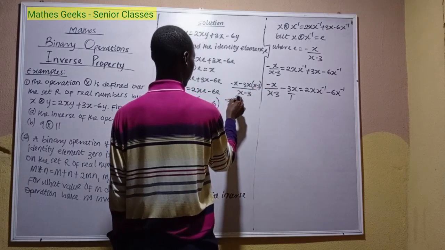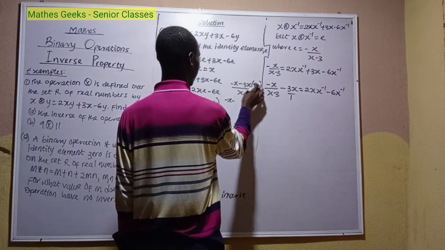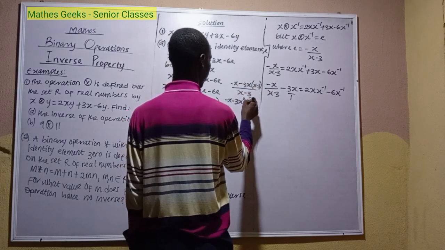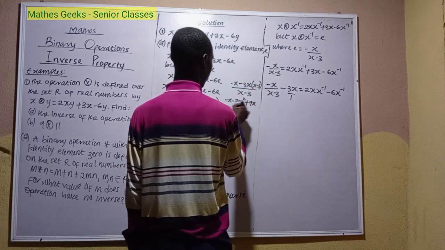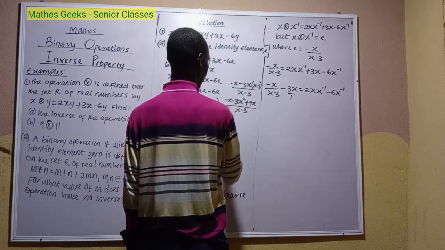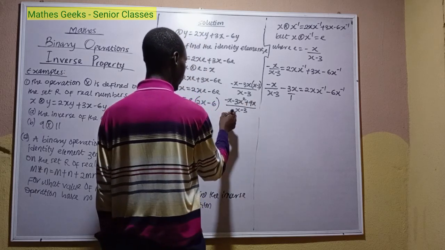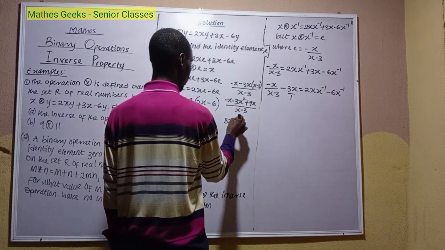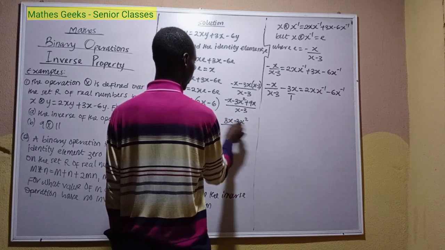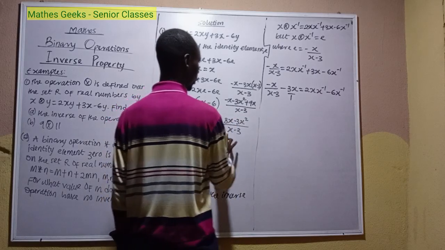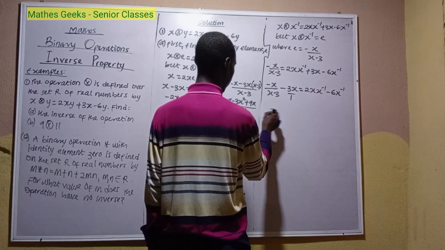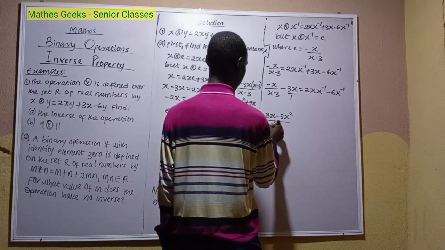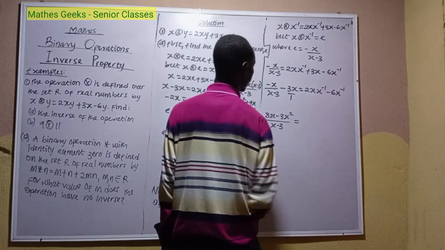So when we open our bracket, we have 3x times x gives us 3x squared. 3x times 3 will give us plus 9x over x minus 3. So we'll collect like terms. Minus x plus 9x will give us 8x minus 3x squared over x minus 3. So let's put this here. So that will be 8x minus 3x squared over x minus 3 equals to